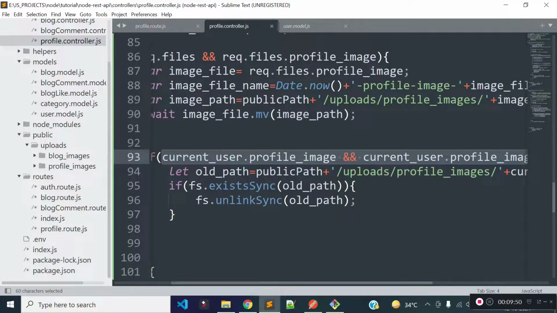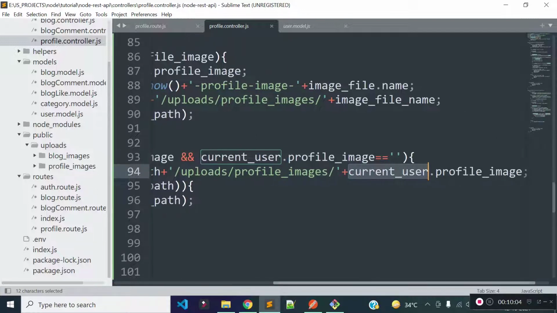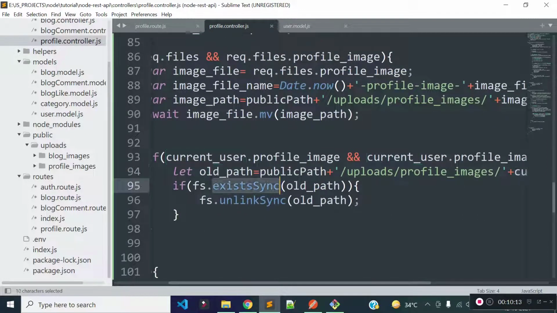And if user has already uploaded image, then we are storing the old path to a new variable old underscore path, and we are generating the path with the help of our public path global variable slash upload slash profile underscore images slash the image name, and which will get from this current underscore user variable where we already stored currently authenticated user data. And then we will check if the path exists with the help of fs library existing method.